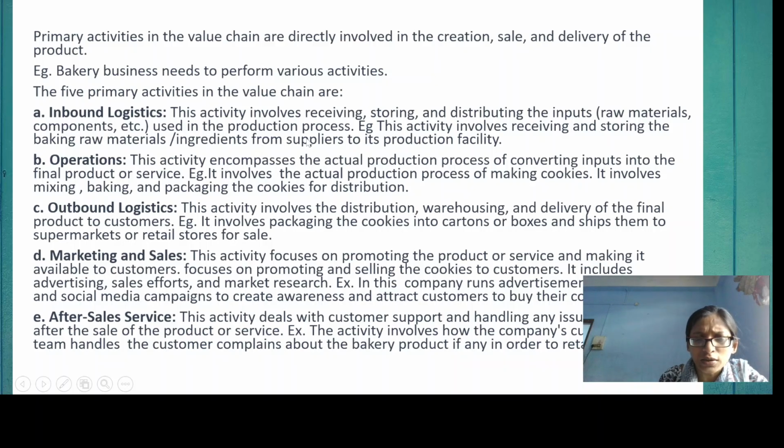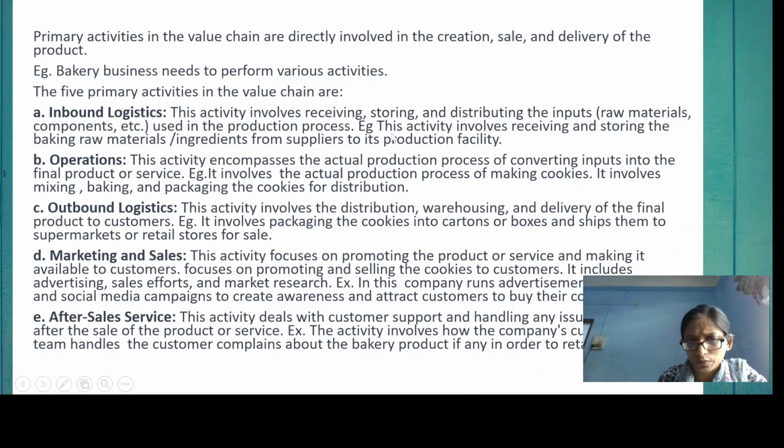And where will we get these things? We have to get these things from our suppliers, and we have to ensure that these particular ingredients or raw materials are reaching our production department